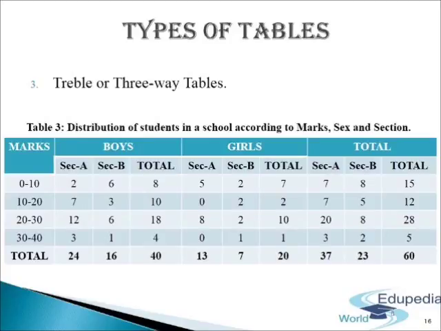This table can even be called a manifold table, higher order table or manifold tabulation, in which we can increase the number of characteristics, that is more sections, more subjects, etc. Such a table is needed when a number of characteristics are to be simultaneously presented. But as more characteristics are included, the table becomes more complex and so may be confusing to the reader.